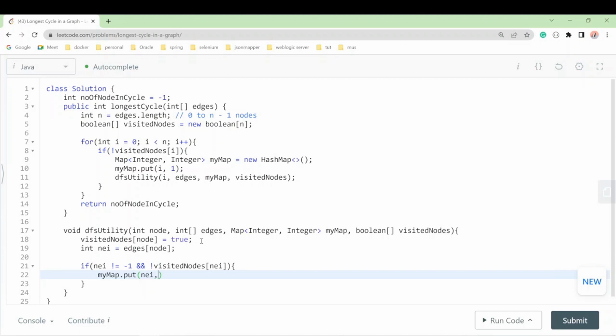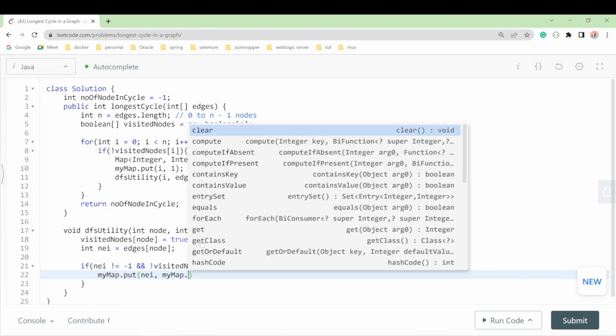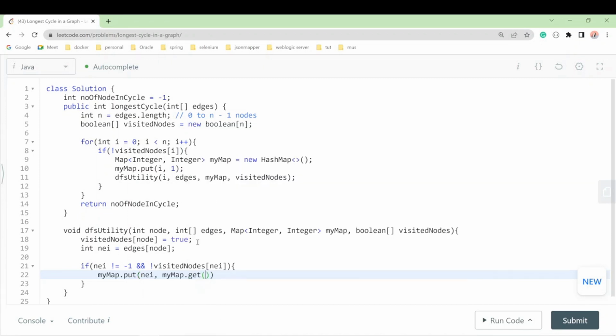If we have already stored our neighbor, we will have some value there, so we call the get method and check our node, meaning the node is already there on the map. Now we do +1